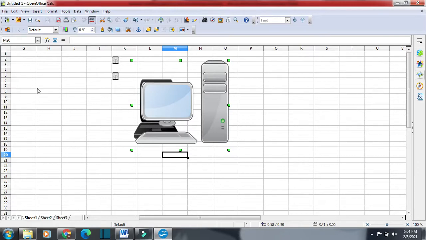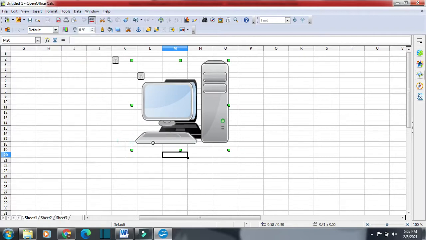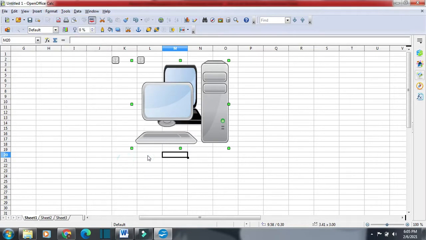Again I will go to format and then alignment and then centered. This image is now in the center of this image. Again I will click on format, then alignment, and I will click on top. This image is now at the top of this image. So this image is aligned with respect to this image.